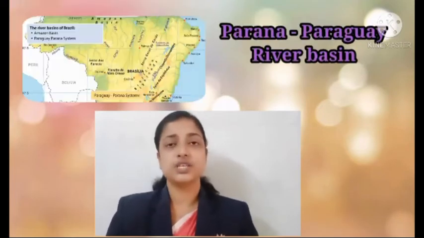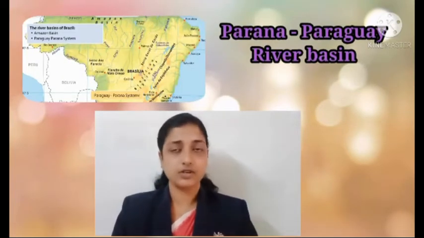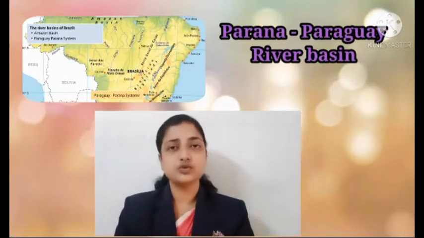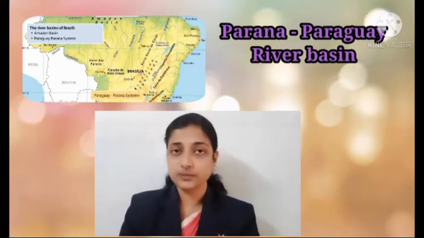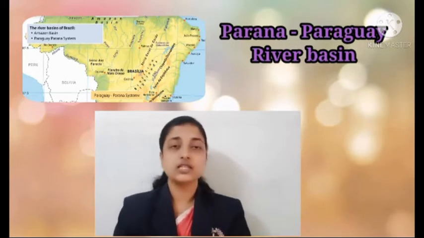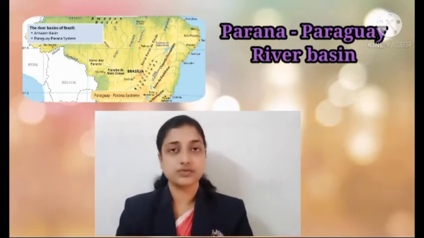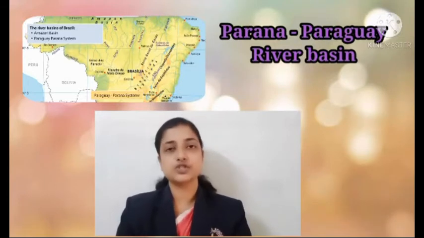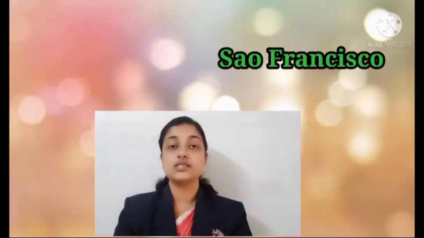The next river system is the Paraguay-Parana river system. It lies in the southwest part of the country. These two rivers and the southernmost river in Brazil, known as Uruguay, all collect headwaters from the southern part of the Brazilian highlands. The next river system is São Francisco. It is the third important river in Brazil. It lies in the northern part of the country. Its entire basin is located in Brazil. It occupies the eastern portion of the highlands.